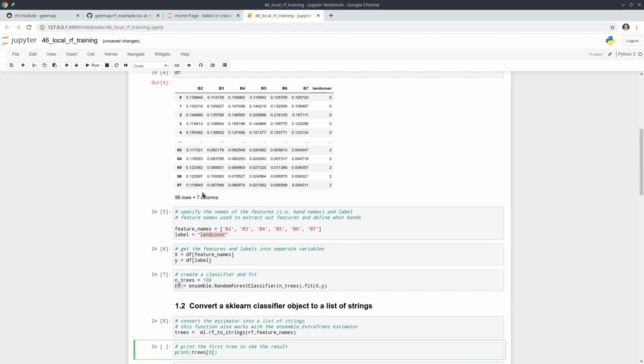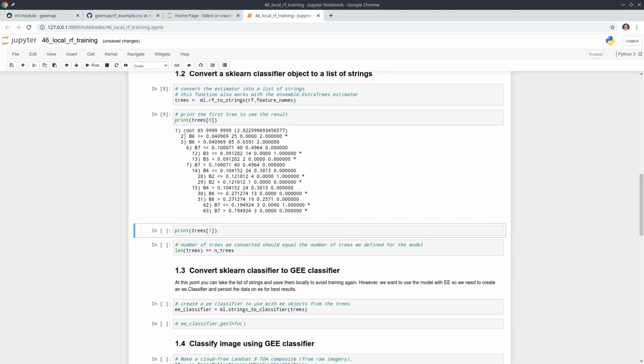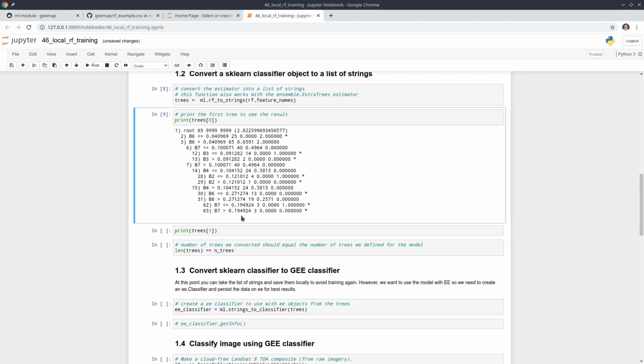As we mentioned earlier, the number of trees is 100. So in this case, the list is going to contain 100 items. If we use the index 0, it will be the first item. So this is what it looks like in the random forest, the first tree. Random forest basically is an ensemble of trees. So you have a lot of trees, and this is the first one. You can see that from the top to the bottom, it goes through one by one. So this is all the